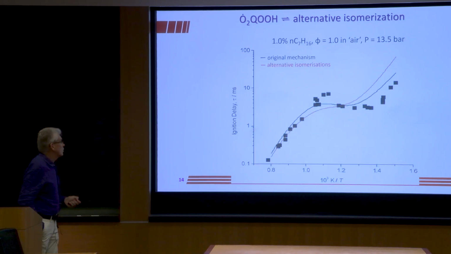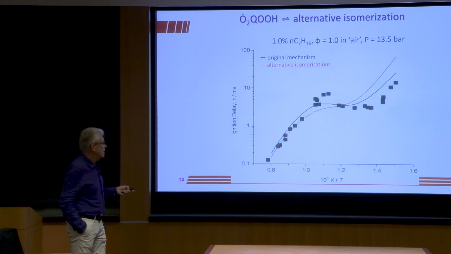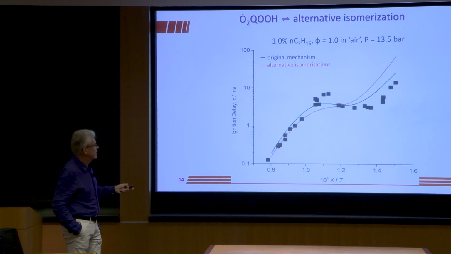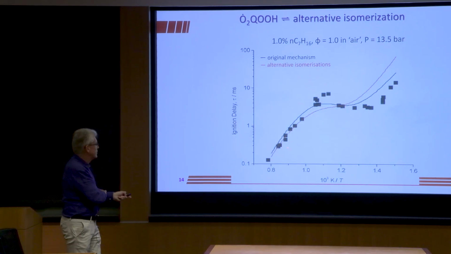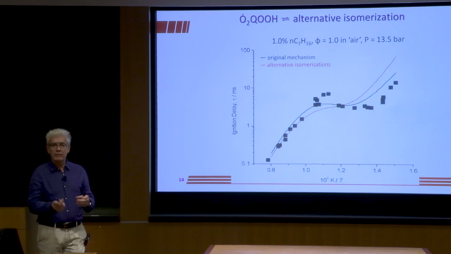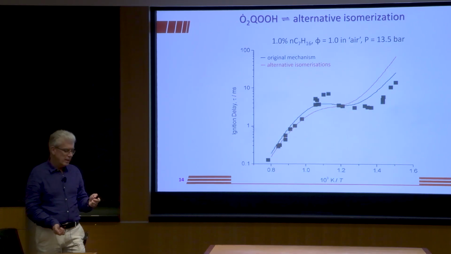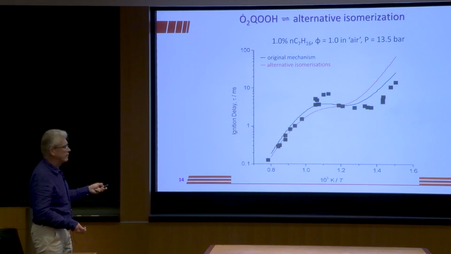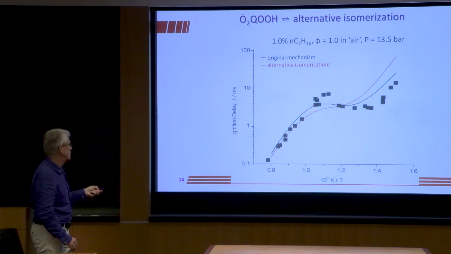Okay, so when we did that, in all the graphs that I'm going to show you now, this is for N-heptane oxidation, 5-1, 13.5 atmospheres. The symbols are the experimental results. The black line was the previous model prediction. Okay, so the black line here is our initial model prediction. You can see that it's capturing it reasonably well. We're still a bit slow here by probably a factor of 2 or more at low temperature, but we're getting